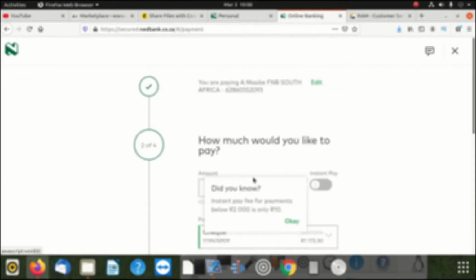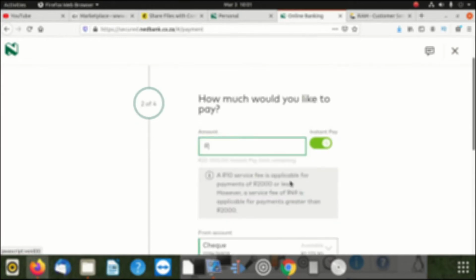Once I proceed, then it's going to ask me how much would you like to pay. In case you also want to use what they call instant payment, you can click here. If you click here, remember the instant payment fee for payments below 2000 is 10 rand. But if you're going to pay more than 2000, then the fee increases and increases. So here they warn you and say, okay, 10. If I'm going to pay, I'm talking about instant payment,